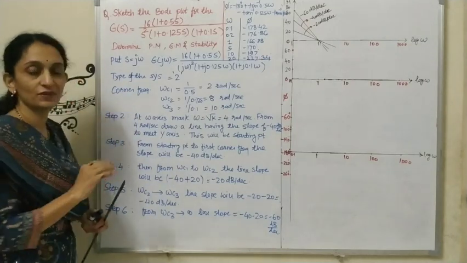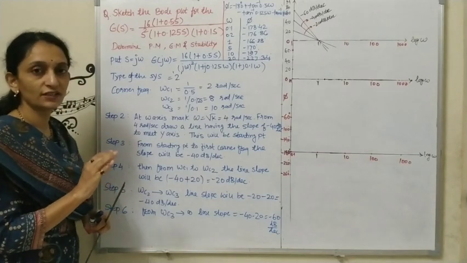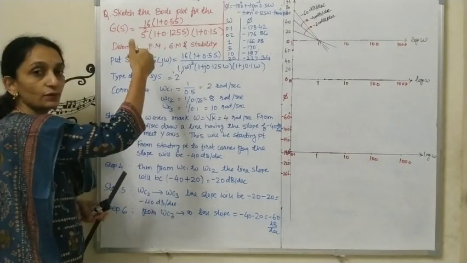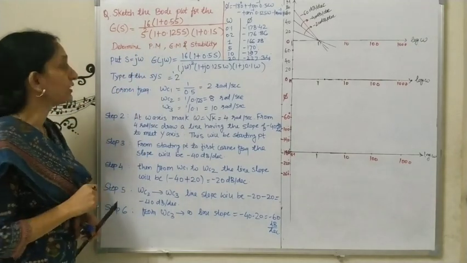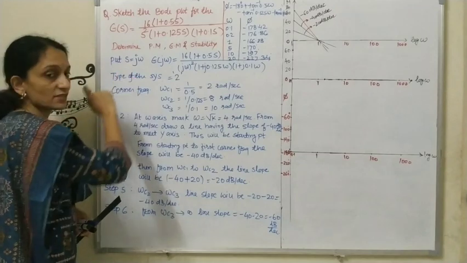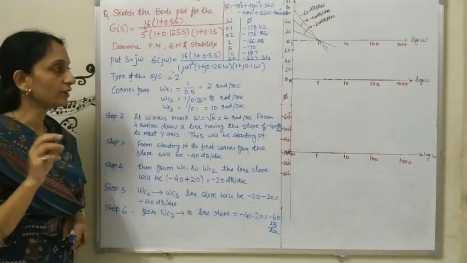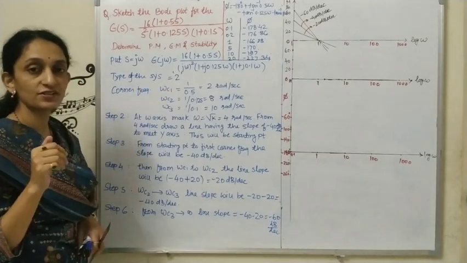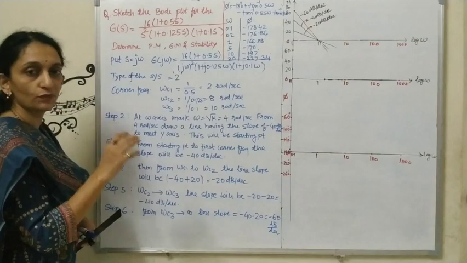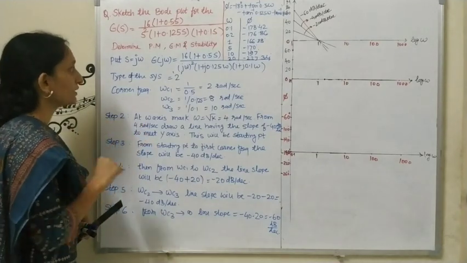This transfer function is arranged in standard form, that is the 1 plus form. So no need to arrange that form. Otherwise, the first step is you need to arrange it in the standard form. Now next you need to put s = jω. In all the numericals of Bode plot, you need to calculate gain margin, phase margin, ω_gc, ω_pc. Then only you will be in a position to comment on the stability. So I hope this point is clear.